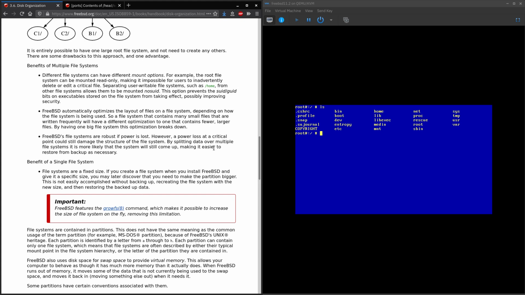I think the distinction is not that important anymore. I was looking this up recently, and I don't think it actually matters that much, and it's more related to the MBR scheme. So if you use the GPT scheme, which I am right now,